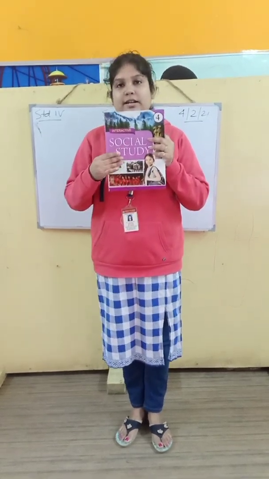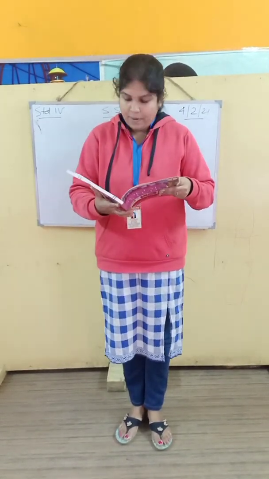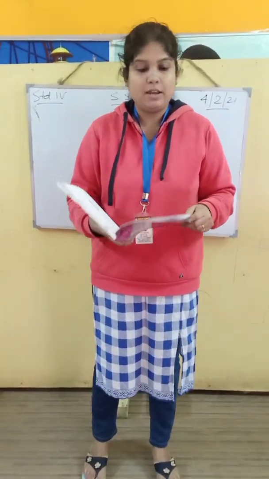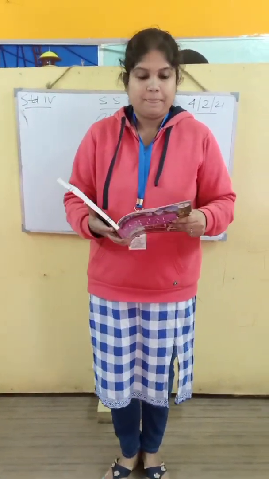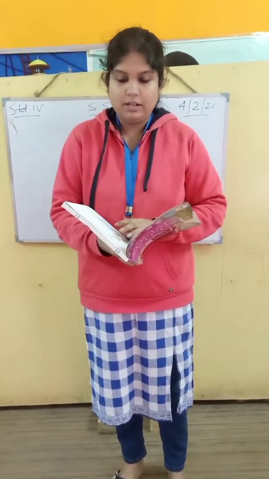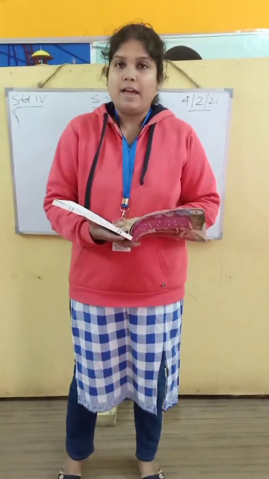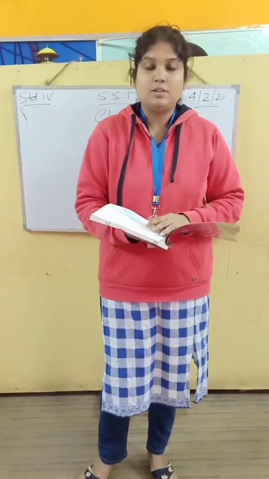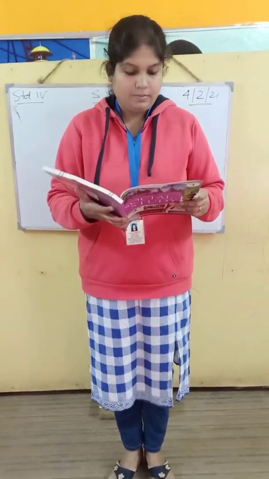Take out your social studies book and open page number 7. Up to page number 7 we had done in our previous class. Today we will continue the chapter from page number 8. We have done up to the neighboring countries of India. We have learned the 8 neighboring countries of India. I have also asked you to keep a map ready, because as soon as we finish the chapter we will mark the neighboring countries of India in a map of India. So let's start with page number 8.